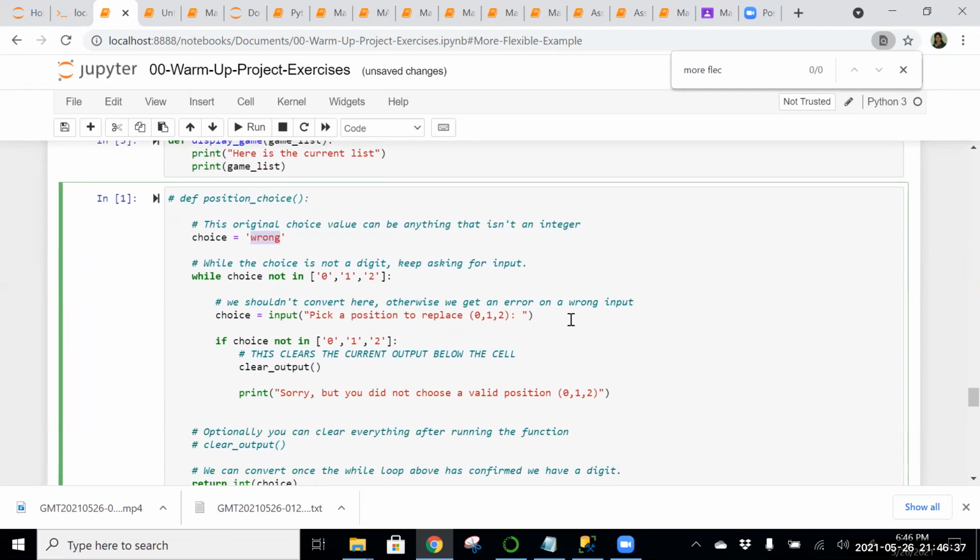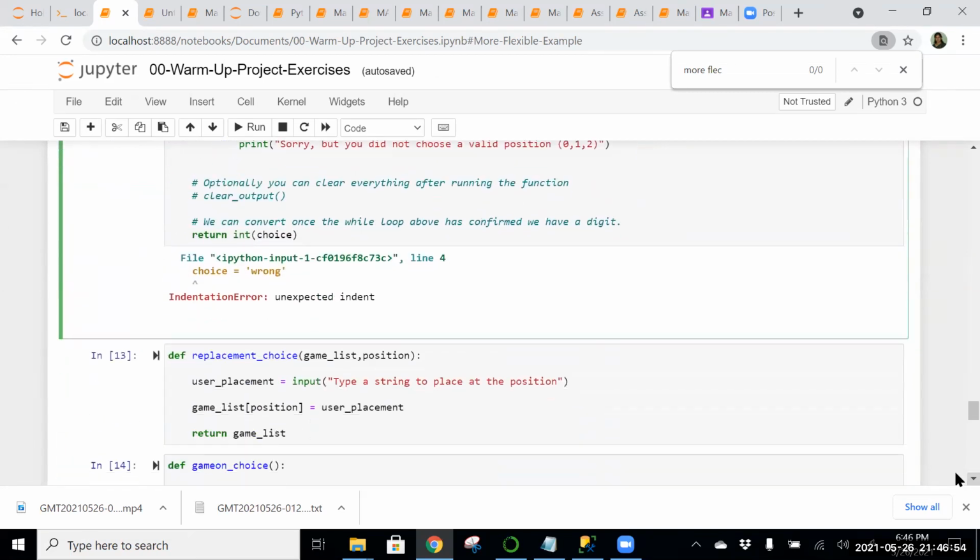Now a person will pick some position, 2 or 3, right? Whatever position he picks, if that number is not there, it is going to clear the output and say, sorry, did not pick the correct number. After that, we are just returning the number that he has picked.